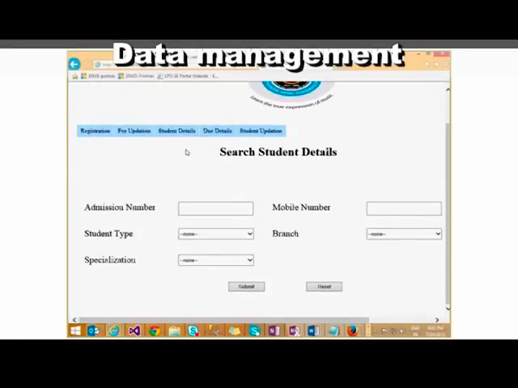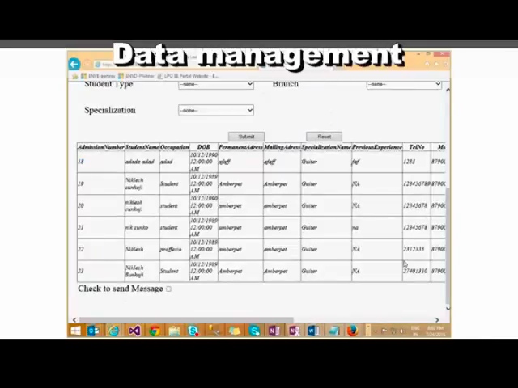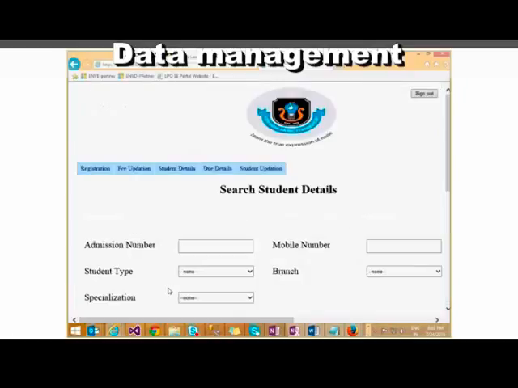In this page, we already explained the functionality of this page. This page will show you all the details of students who are registered, active students who are registered or who are undergoing training in the institute. If I press submit without any fields provided here, I'll get all the student details here. If my requirement is to send a particular message to all the students who are undergoing training in the institute, then I'll get a checkbox here. If I check this checkbox, I'll get a provision